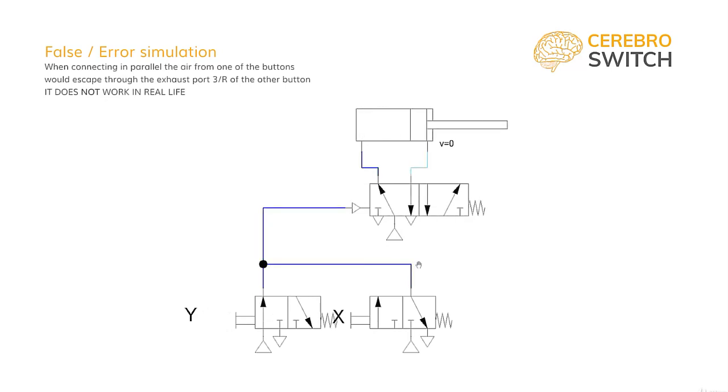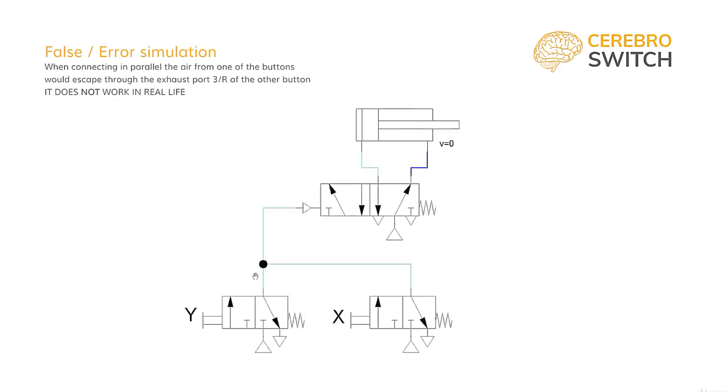You can try it in a fluid simulation, but it unfortunately doesn't show the reality. If you have the opportunity to try it out in real life, you will observe the problem. Meanwhile, you can be confident